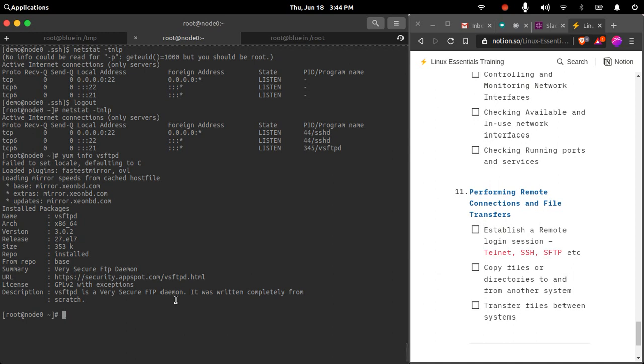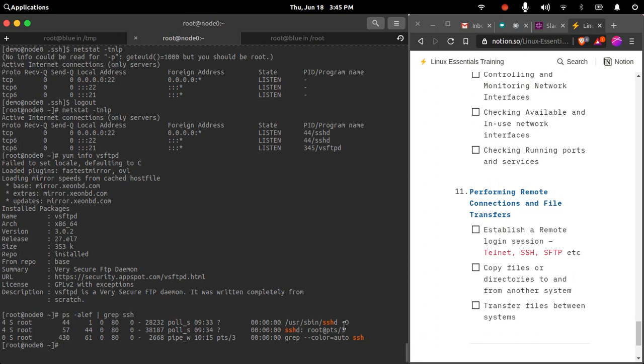So there is one question: what is a daemon? A daemon is basically a process that runs in the background. When you don't want to interact with the process and you want it to run forever in the background, you start that process in daemon mode. Daemon mode means the process runs in the background by default. SSH is provided with a flag -D, which will run SSH in the background in daemon mode. In daemon mode, the process will be active and listening, however, you will not be interacting with it.